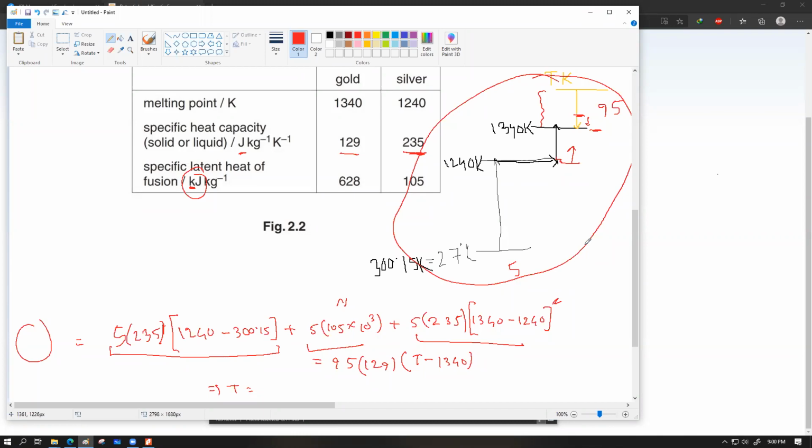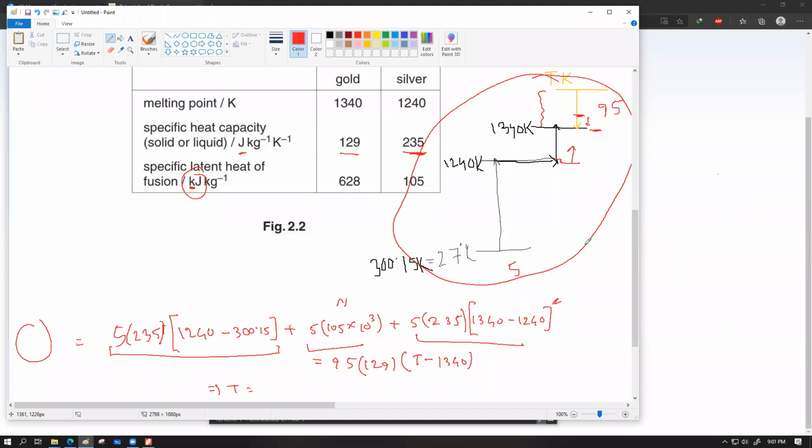Yes. That is just our final state, right, sir? For this math, yes. Okay, sir. Sir, is it not possible that the silver could cross 1340? Well, it's obviously possible, if you give enough heat. Why wouldn't it? Nothing is stopping the silver from soaring to a higher temperature. But for this math, it's not going to work out, because that's how the math was designed. The question says that we are trying to figure out the initial temperature of the gold, so that the mixture's final temperature is the melting temperature of gold.